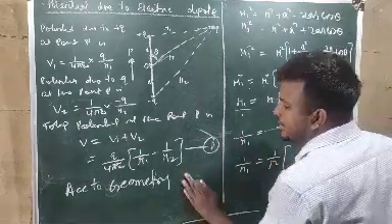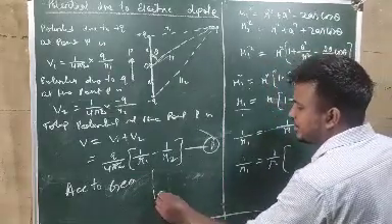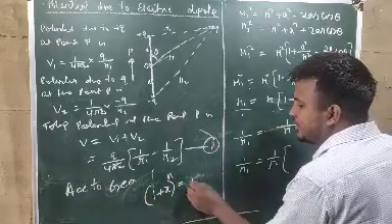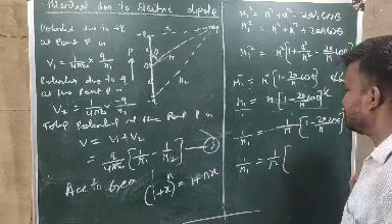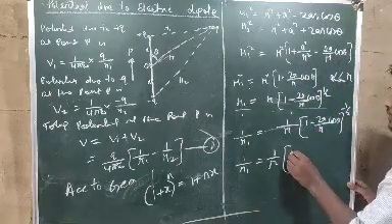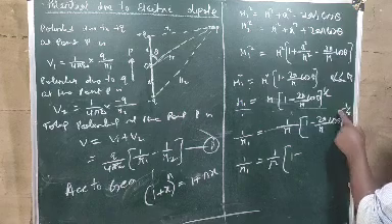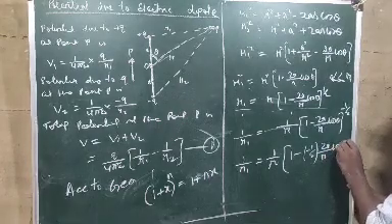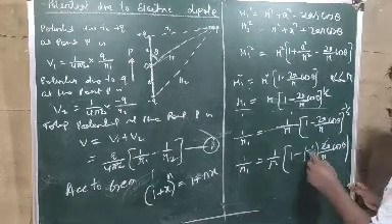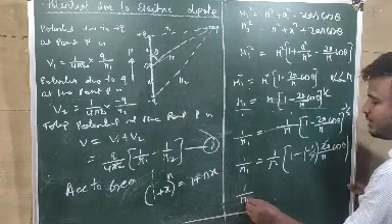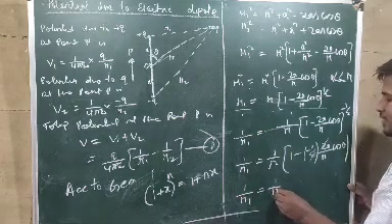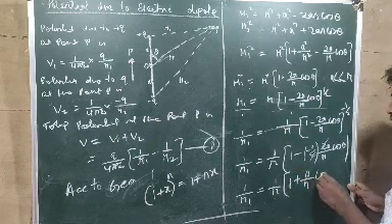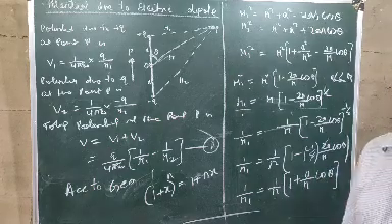Remember the binomial theorem we studied in class 11. So what was that? (1 + x) to the power n. If you neglect higher order terms, it will be 1 + nx. So you see here minus is there, so 1 minus is there. What is the value of n? Minus 1 by 2. If I put minus 1 by 2 here, twice a by r cos theta will be here. So 2 and 2 will get cancelled, minus and minus will become plus. So 1 by r1 will be equal to 1 by r (1 + a by r cos theta). So this is the value of 1 by r1.